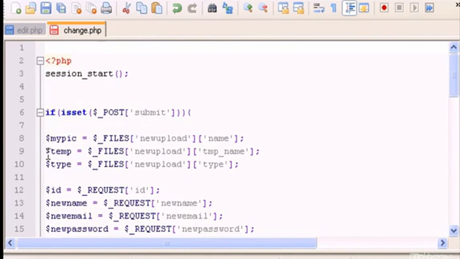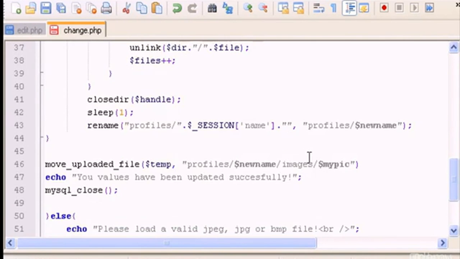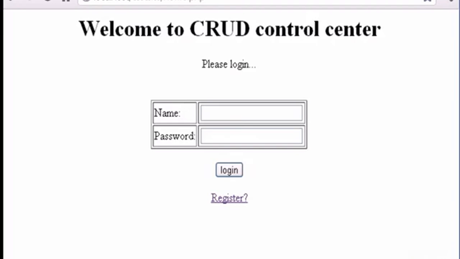As you see in here, this is going to be the name of the file, and this is where it's going to be placed. So semicolon, and now we can echo 'Your values have been updated successfully', and that's it. Let's save this and let's go and open our